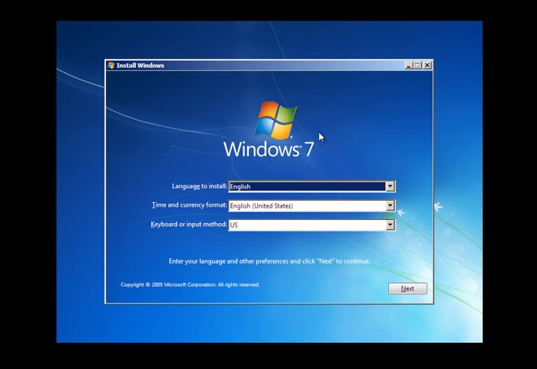Okay, so we got this screen. It's asking about the installation language and time format and everything. Rather than clicking Next, here we need to press Shift plus F10.